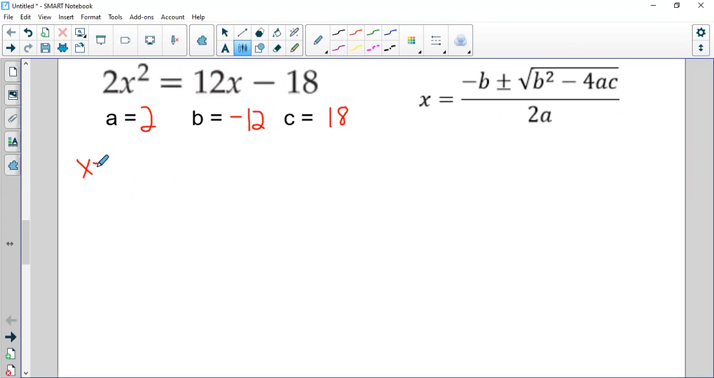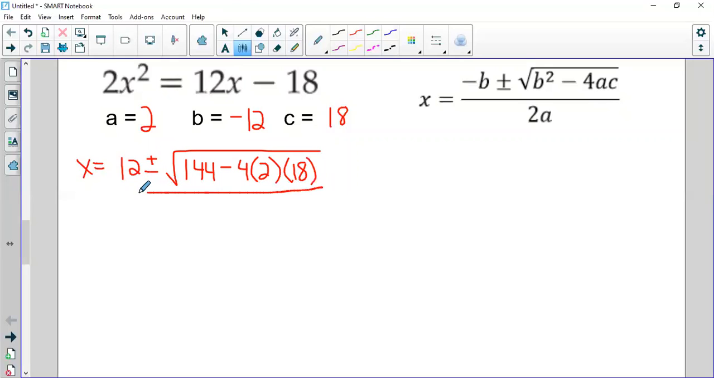So x is equal to, put numbers in place. Negative b, b is already negative, so it becomes a positive 12, plus or minus the square root of b squared. Squaring negative 12 gives me positive 144, minus 4 times a times c, all over 2 times a, 2 times 2 is 4. So x is equal to 12